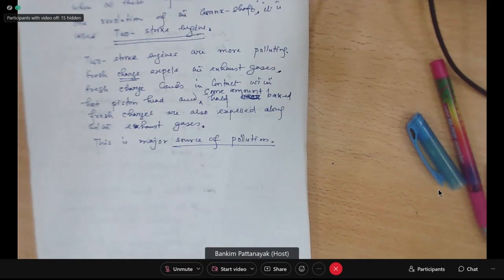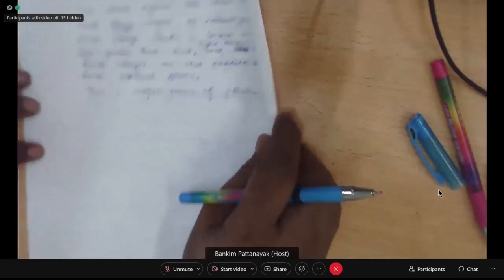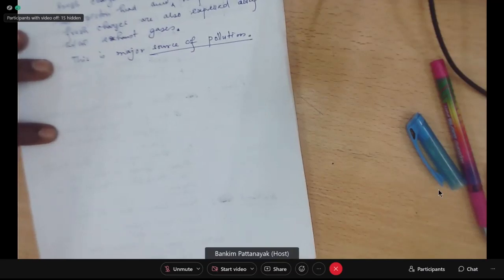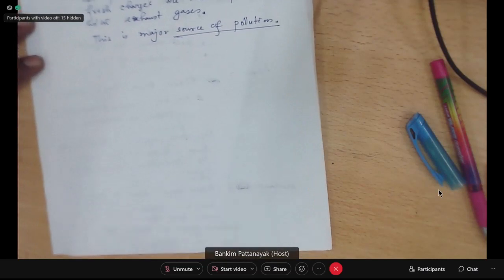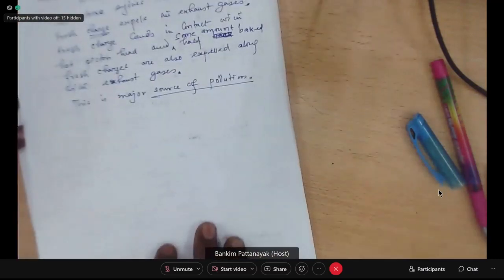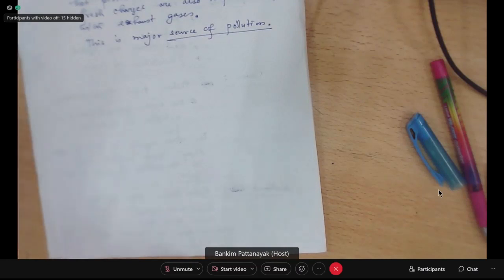So the two-stroke engines, I just spoke a bit of IC engine, but as far as the subject is concerned, we need not know the intricacies of the IC engine. I just spoke to it because it is better to know a bit of IC engine so that you know how it does function and how the pollutants are getting generated. Right. So, any question so far? Okay.